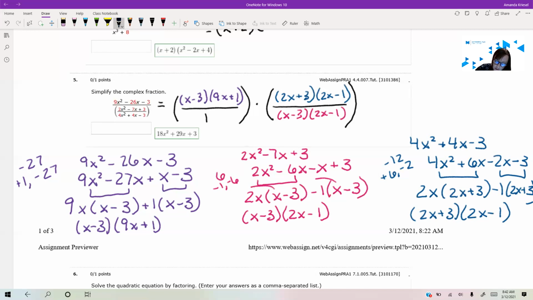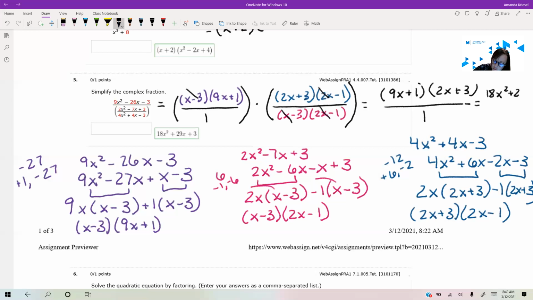cancel out? Within the numerator, I do see an x minus 3, so those are going to cancel. I have a 2x minus 1, those cancel. And then after that, I'm just left with this expression here. So I have this 9x plus 1, 2x plus 3, all together over 1, which if we FOIL these out and multiply them, we get that 18x